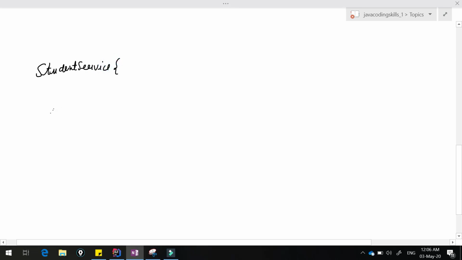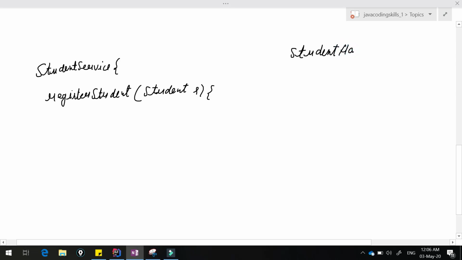Student service. Here we have register student. Here we are passing a student. Earlier we were calling validate, so we are not calling it here now. Rather, we can continue with the student validator here. Rather than calling it student validator, a student handler or manager or something looks a little better. Let's make it handler, or student processor.